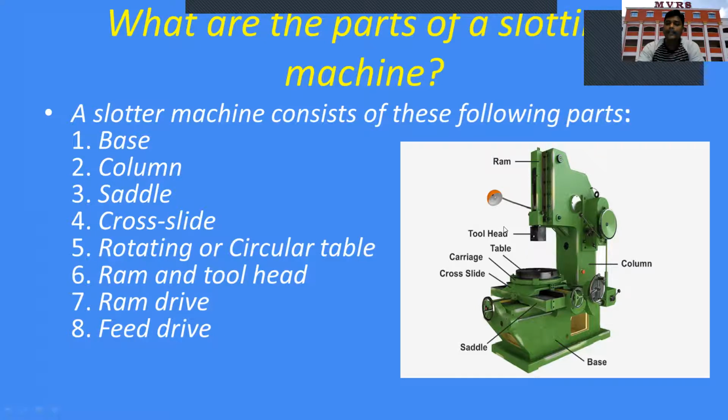to your desired shape and size. In case of the shaper machine, you have a ram placed horizontally like this. But in case of the slotting machine, this ram is reciprocating vertically. So as the ram reciprocates vertically, the operation on the job is done. All these are the parts of this slotting machine, and each and every part has its own importance, and we have already discussed this in detail.